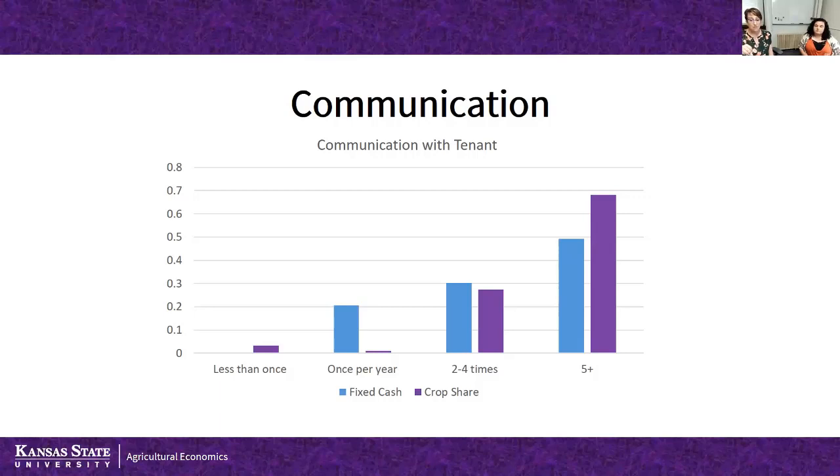What we see here is the marker for how often you talk with your tenant: less than once a year, once per year, 2 to 4 times a year, or 5+ times per year. You can see that on the crop share side, we've got a little more in the 5+ category. So a little more communication on that crop share, because you're talking about what kind of chemicals you're applying, how the crop is going. And then you have a lot more in the once per year on the fixed cash,